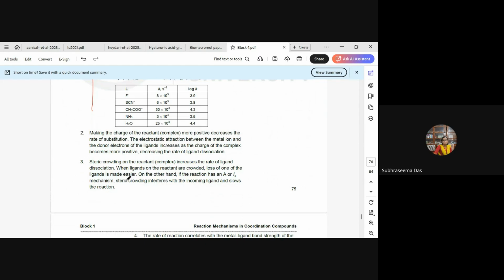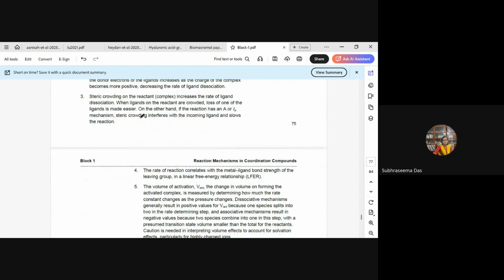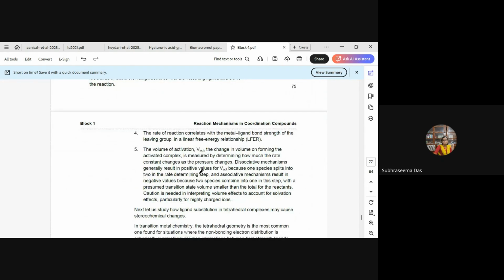Making the charge of the reactant complex more positive decreases the rate of the substitution. The electrostatic attraction between the metal and the donor atom of the ligand increases as the charge of the complex becomes more positive. The steric crowding on the reactant increases the rate of the ligand dissociation. Then the rate of the reaction correlates with the metal-ligand bond strength of the leaving group, that is